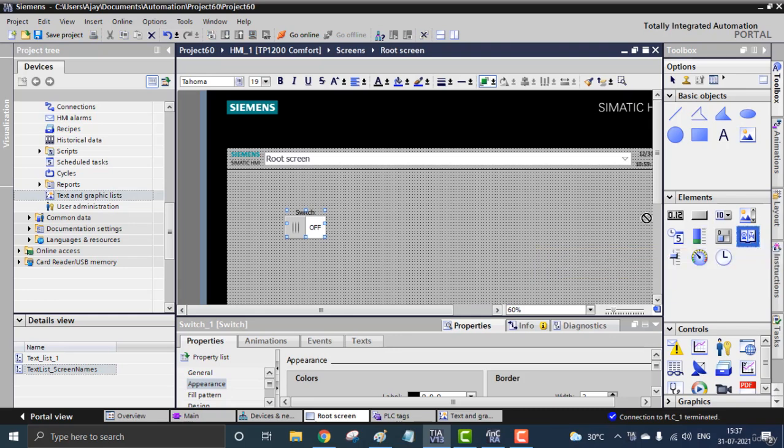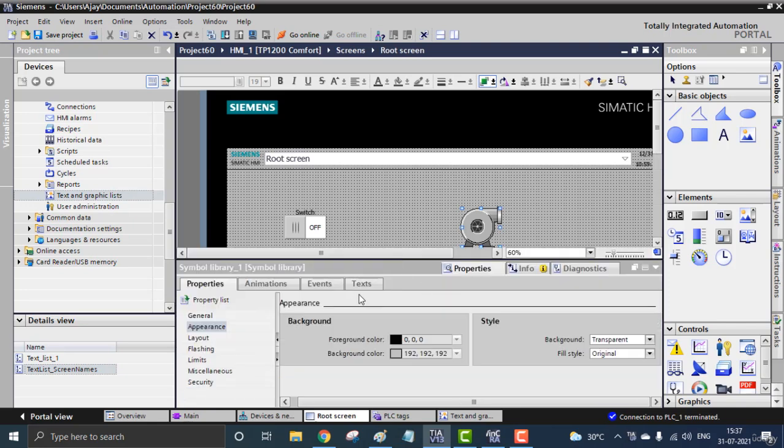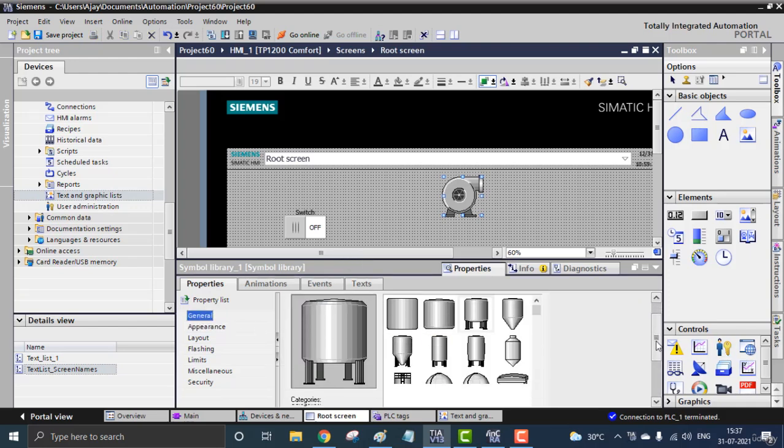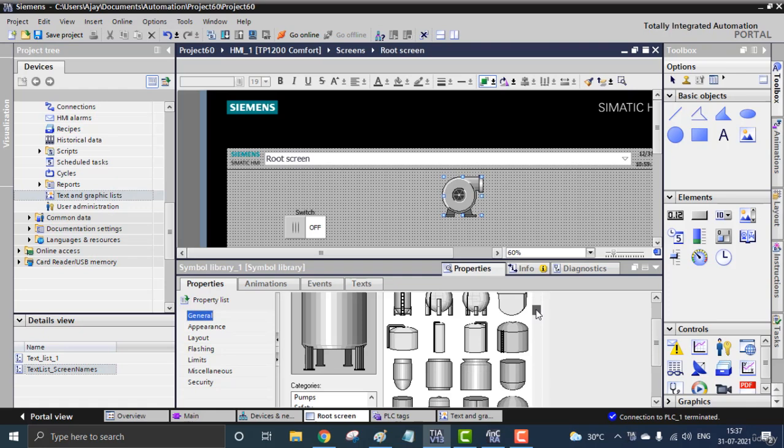Inside the symbol library you'll be getting a lot of stuff regarding instrumentation or automation firms or plant elements. You can use any symbols inside the industries by selecting the properties general, and you can make it a tank. Different types of tanks are available in this.